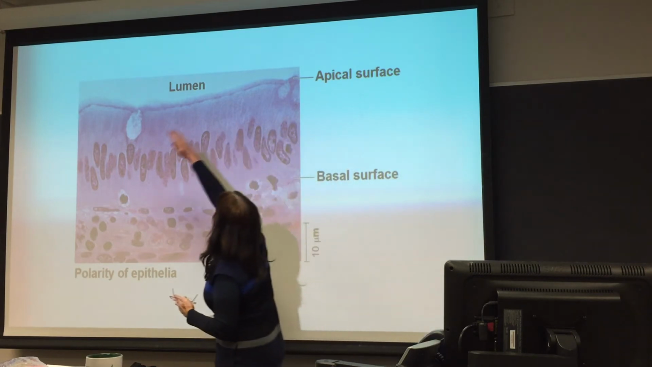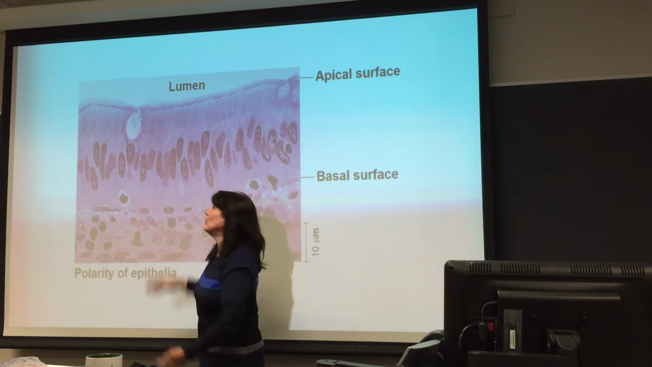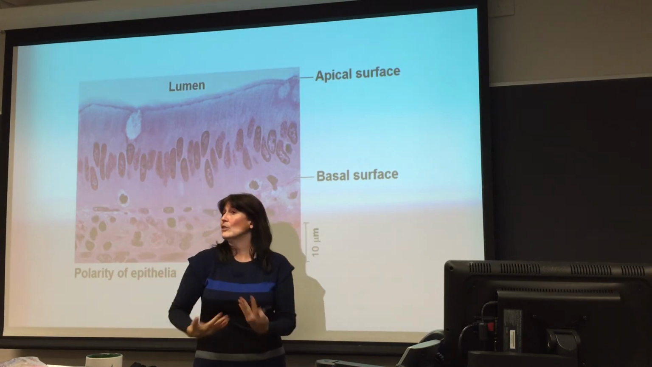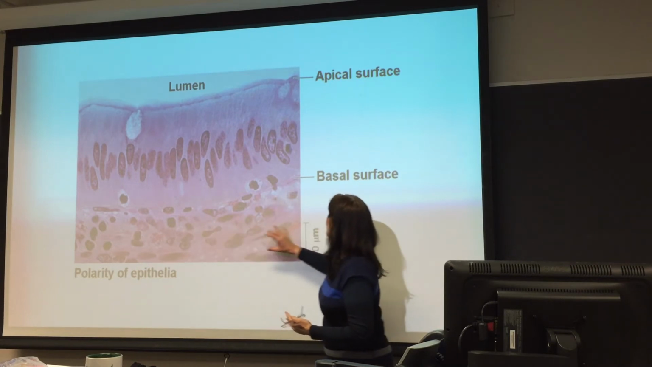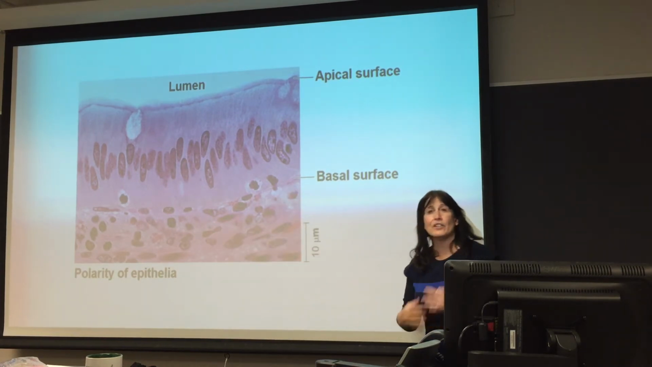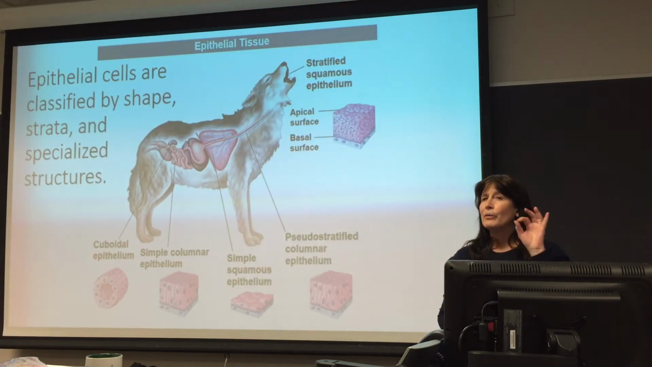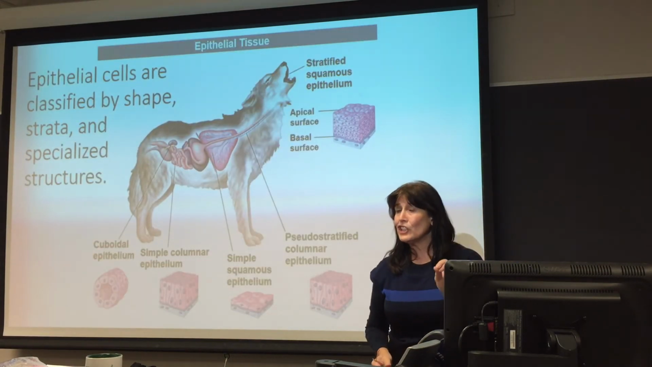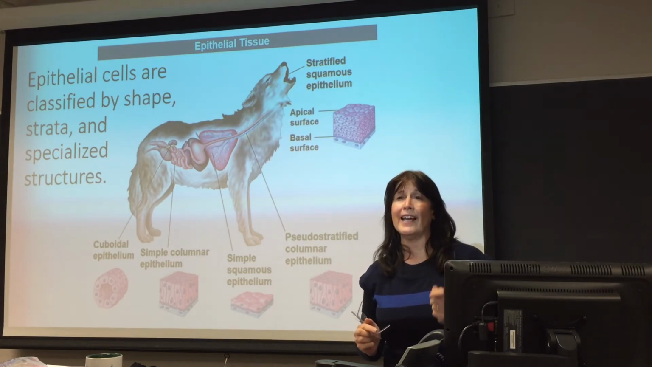And you can see there's a free surface, and whether that goes to the external environment or to the lumen, meaning some internal body cavity. And then there's also a grounded area, the basal surface, which is attached often to connective tissue, which we started to talk about. We also said we could see this relationship between form and function by actually looking at the